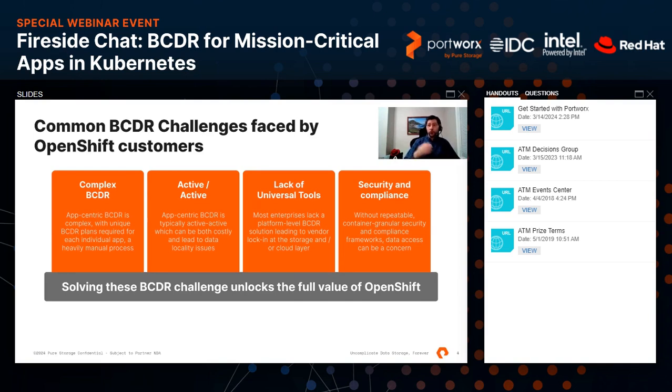And then, of course, security and compliance is also a big challenge. And we see, with ransomware attacks on the rise, really looking at an immutable backup with role-based access controls is also very essential to the requirements of the BCDR strategy. Ransomware being just one of many disasters that you could encounter with your company, with your applications.